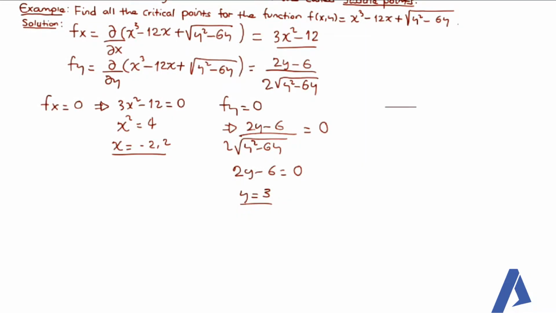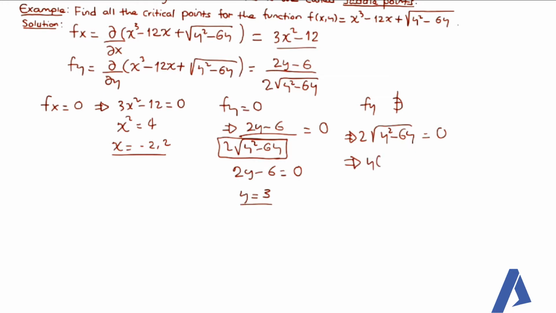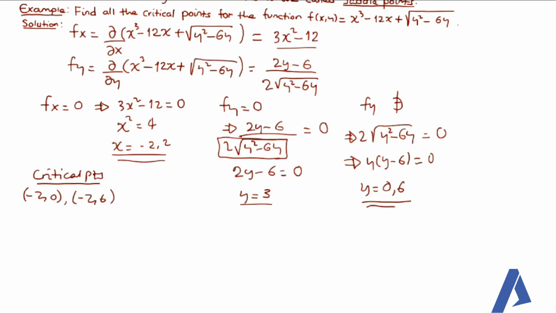ከዛ ሁለተኛው ኬስ አፕላይ እናደርጋለን። ሁለተኛው ኬስ it's fy is non-existent. ስለዚህ ይሄኛው undefined የሚሆነው if this becomes 0 or less than 0. ስለዚህ which means this implies that 2 times the square root of y squared minus 6y 0 የሚሆንበት ኬስ እናያለን። y times y minus 6 is equal to 0. ስለዚህ y is equal to 0 ወይም 6. ስለዚህ ክሪቲካል ፖይንታችን የነዚህና የነዚህ ኮምቢኔሽን ነው የሚሆነው ማለት ነው። ማለትም minus 2, 0; minus 2, 6; 2, 0 እና 2, 6 ይሆናል ማለት ነው።